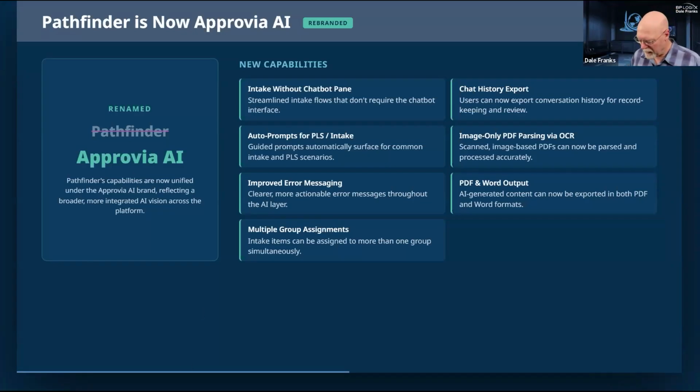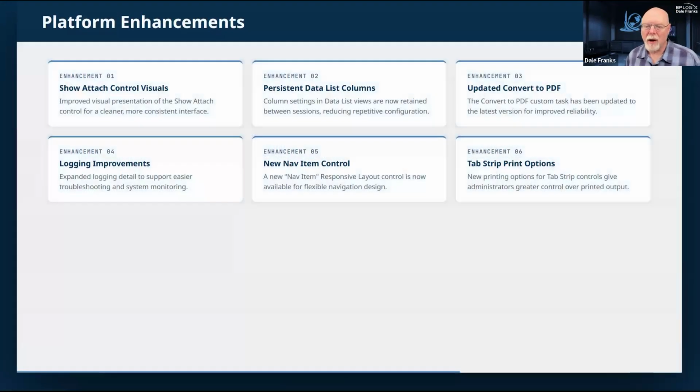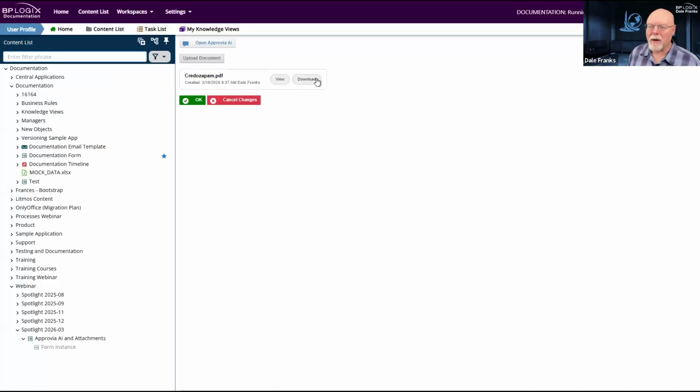But wait, there's more. Let's talk about some of the other enhancements that we have placed into the product. Number one, the show attach control. Now, we just saw it right here. Look at that. That is a different version of the show attach control. Well, actually, that's not true. It's exactly the same version of the show attach control, but we've tweaked the show attach control to make it